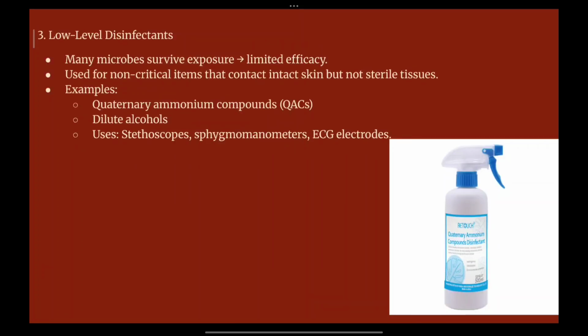So we have covered all the topics under moist heat sterilization above, below, and at 100 degrees Celsius. We have also covered the various properties of chemical agents of disinfection, and the classification of disinfectants into high level, intermediate level, and low level disinfectants. The next video will be about the autoclave, an in-depth understanding of how the autoclave works, as well as the various types of chemical agents used in daily laboratory or clinical practice, the routine disinfection and sterilization that is conducted there.